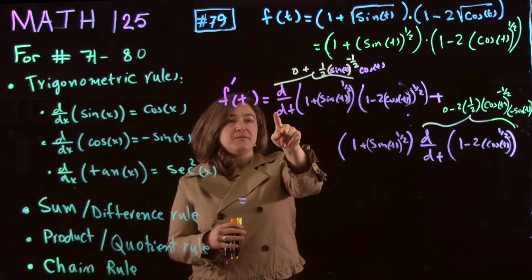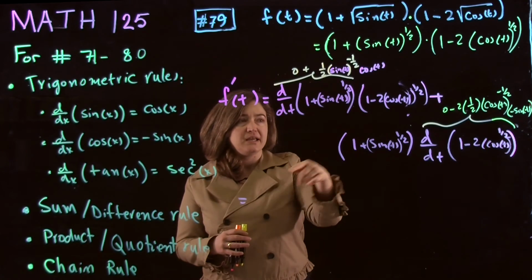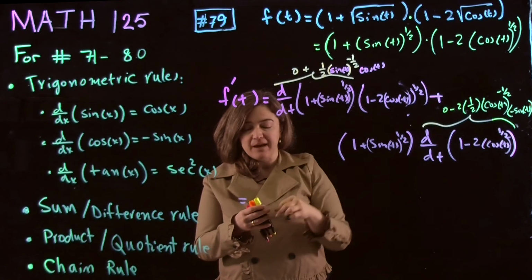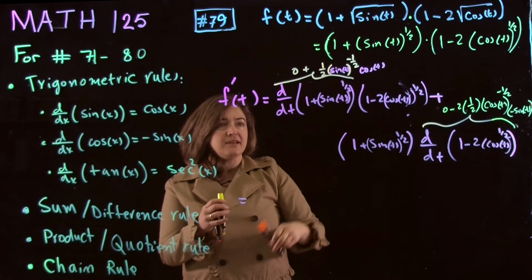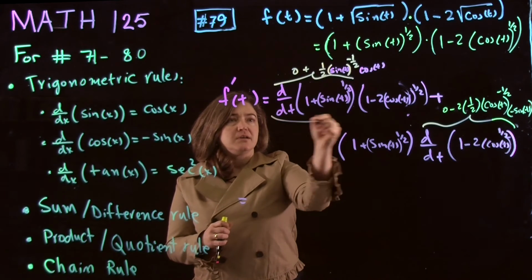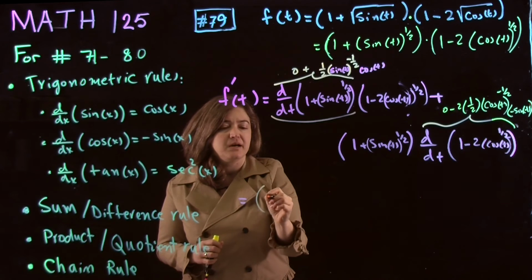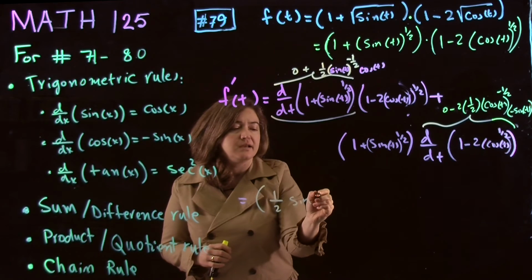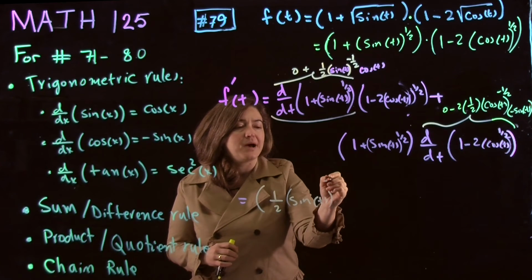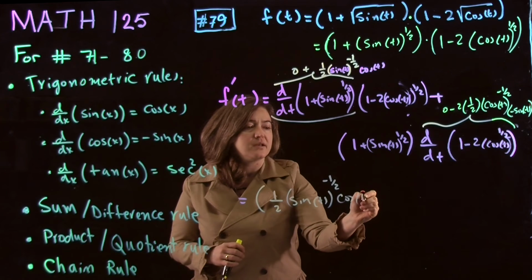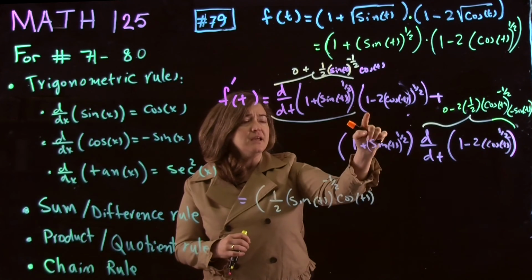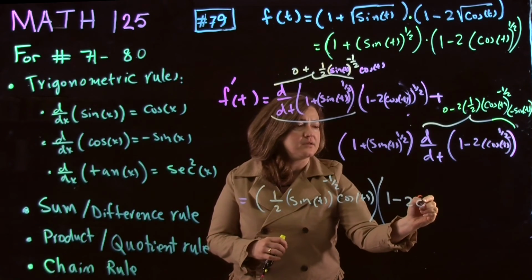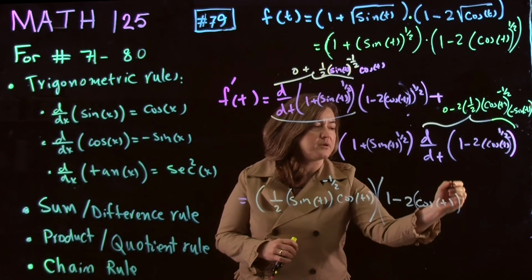Now we replace everywhere that there was a derivative by its value, not forgetting that plus sign. The plus sign is going to be there when we have the product rule. So replacing everything, this first one gets replaced by 0 plus 1/2, I can omit 0, sine of t to power negative 1/2, cosine of t, times 1 minus 2 cosine of t to power 1/2,